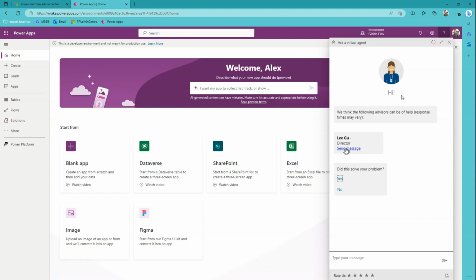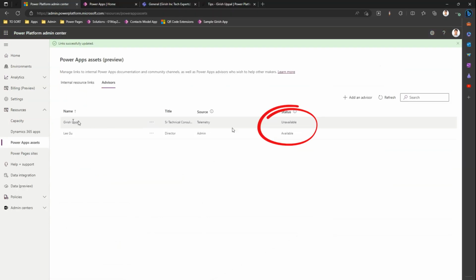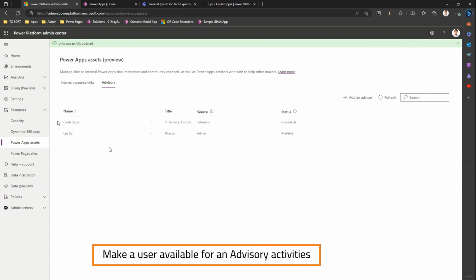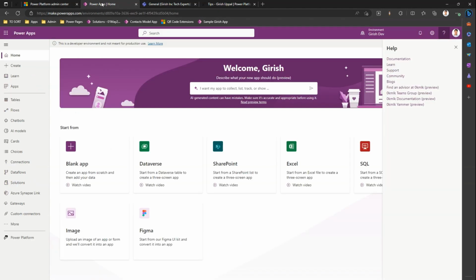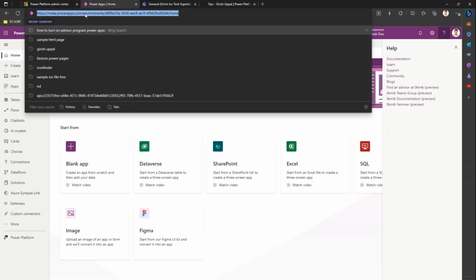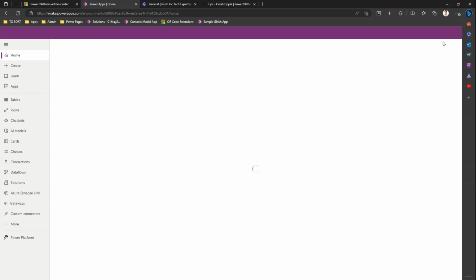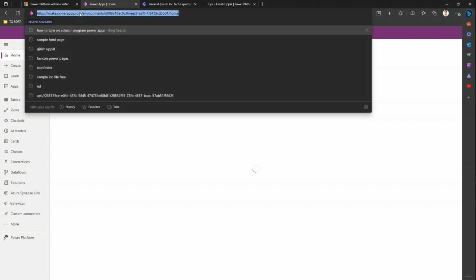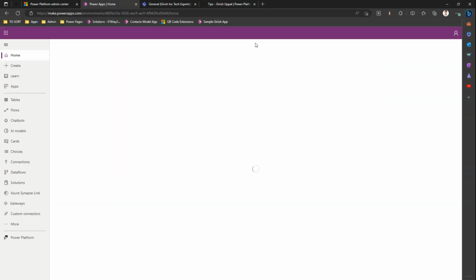Now, why only one person is shown over here is because I have two entries, but one of the persons is unavailable. That's myself. Now, how have I made myself unavailable? And how can I make myself available? What I can do is go into make.powerapps.com. Let this link load. The moment it loads, I can click on the settings icon,